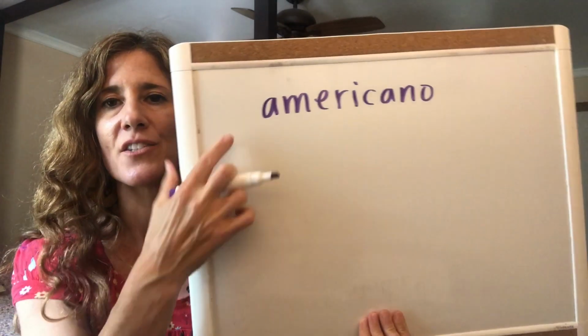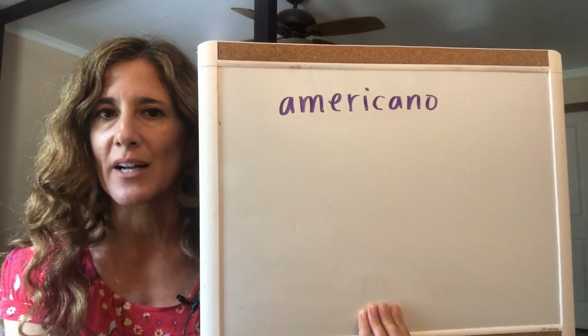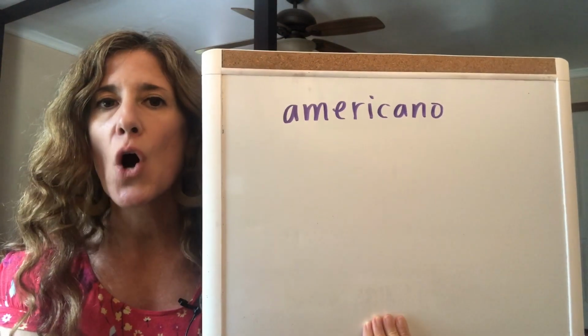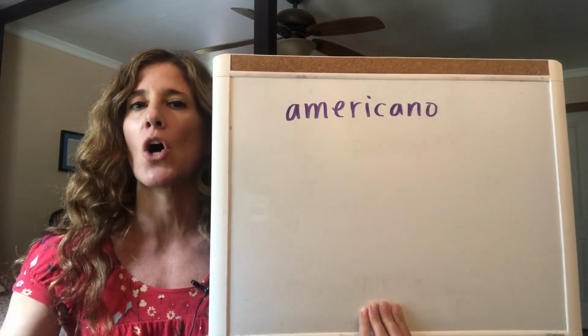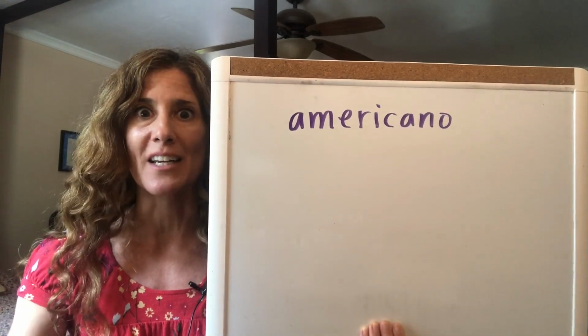So let's talk about nationalities, because nationalities are adjectives too. So most of the time with nationalities, they're going to be similar to the country. You'll be able to look at the nationality and know the country of origin, okay? Per esempio, if you want to say American, in Italian, the adjective is americano, okay? So americano is not capitalized like it is in English, though you don't capitalize nationalities. But notice that it ends in O, so you're going to have four choices of endings, whether you're talking about a girl, a guy, a group of all girls, or a group of all guys, or mixed company, okay?